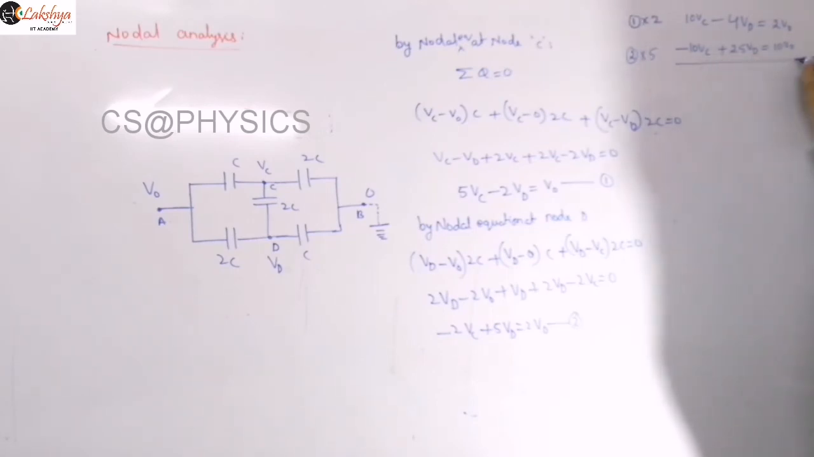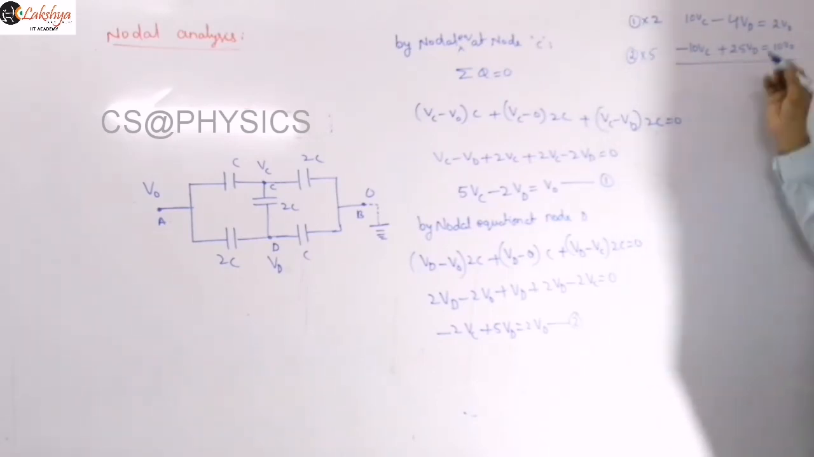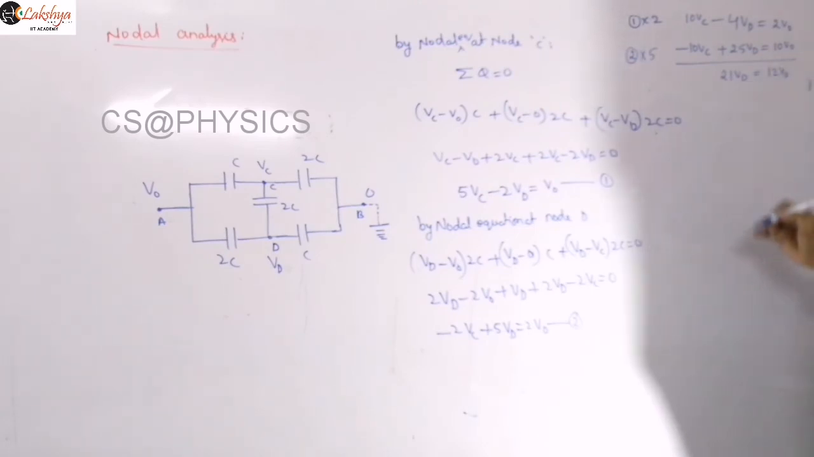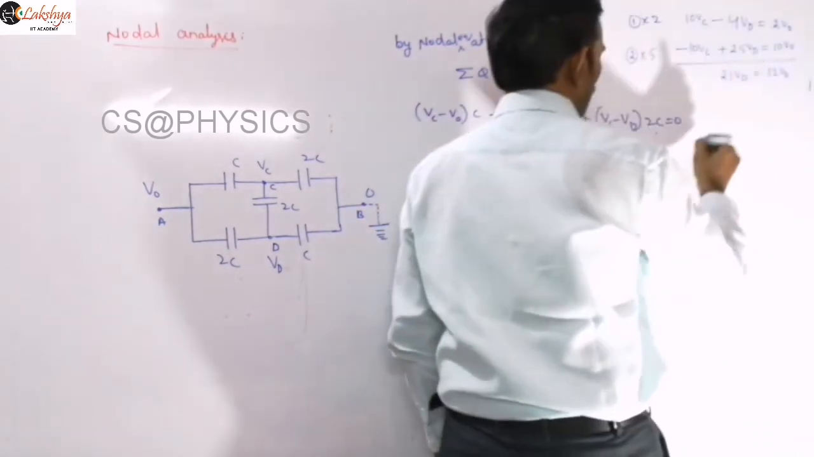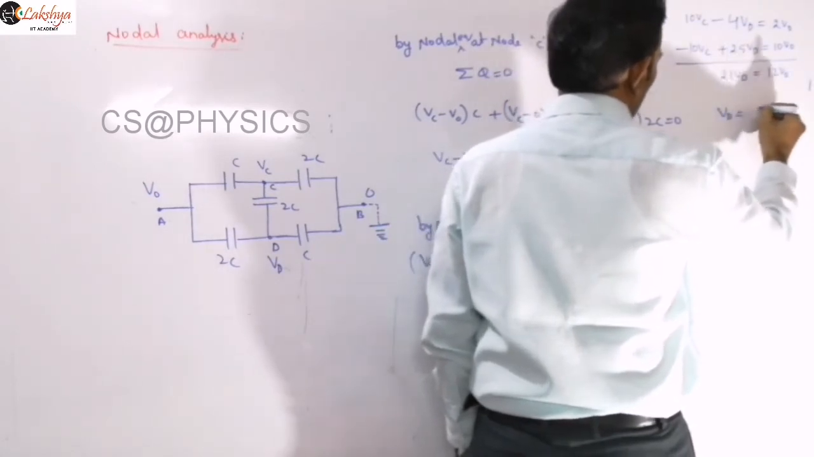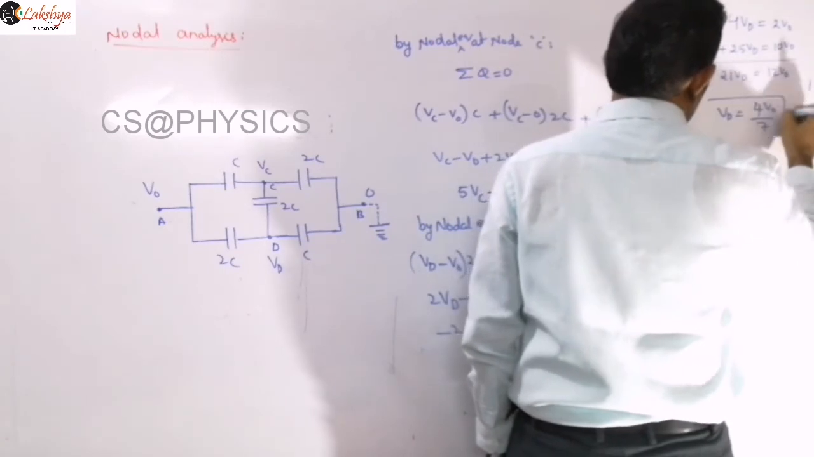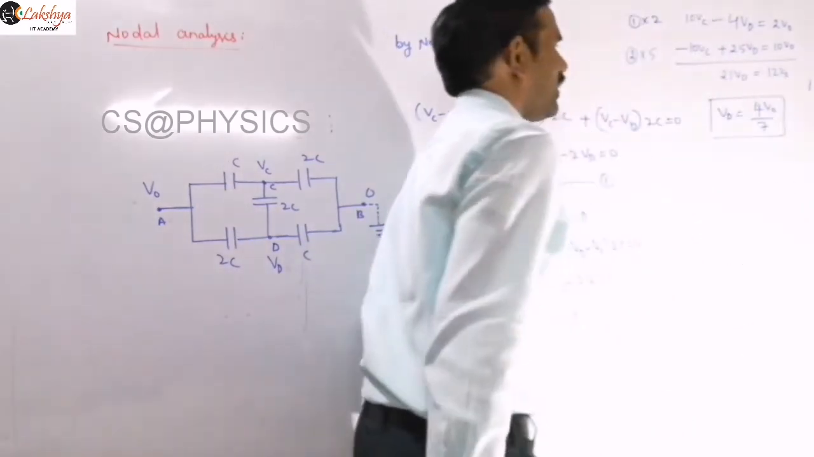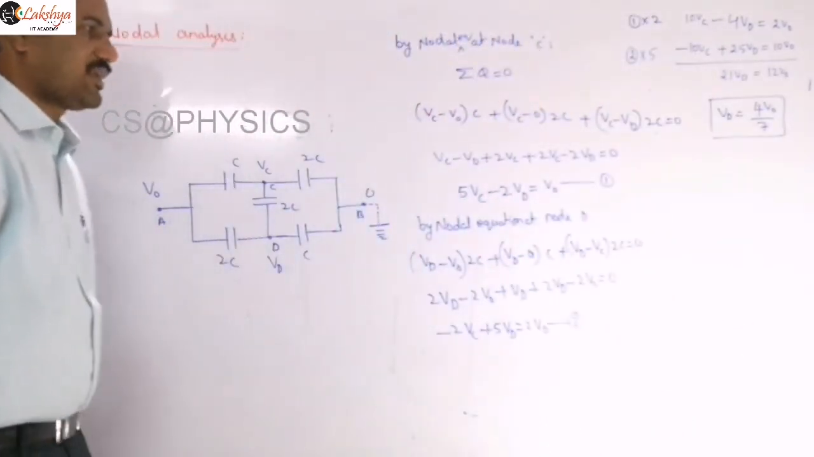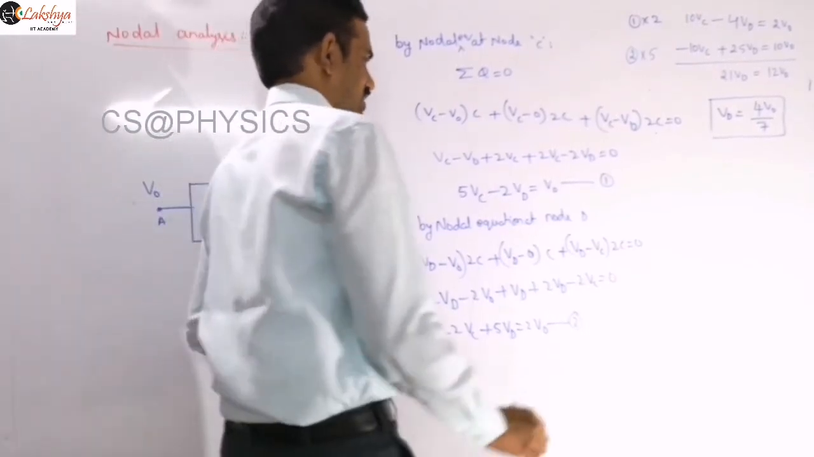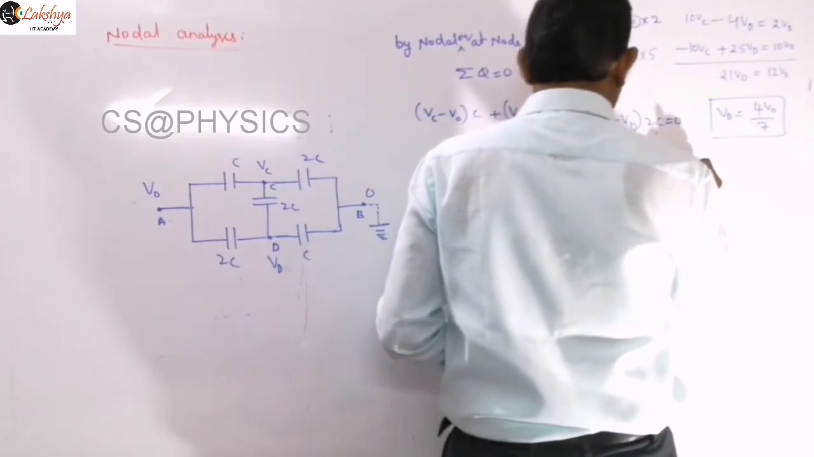And now let us add these two equations here. If I am adding those two equations, then this is 21 VD is equal to 12 V0. And therefore this VD is equal to 4 V0 by 7. So this is our VD value. And now by substituting that VD in either equation 1 or equation 2, you can find that VC expression there. So therefore from